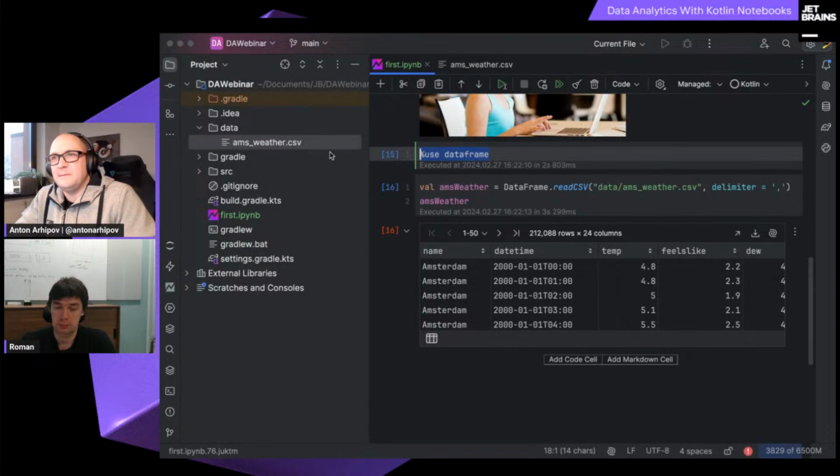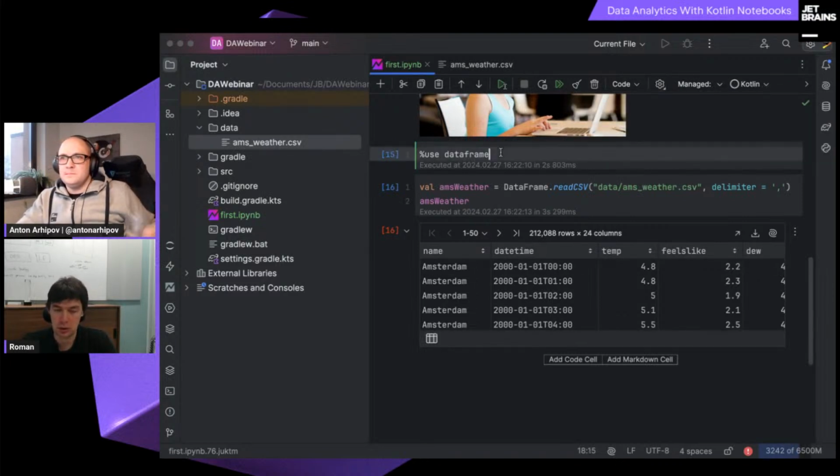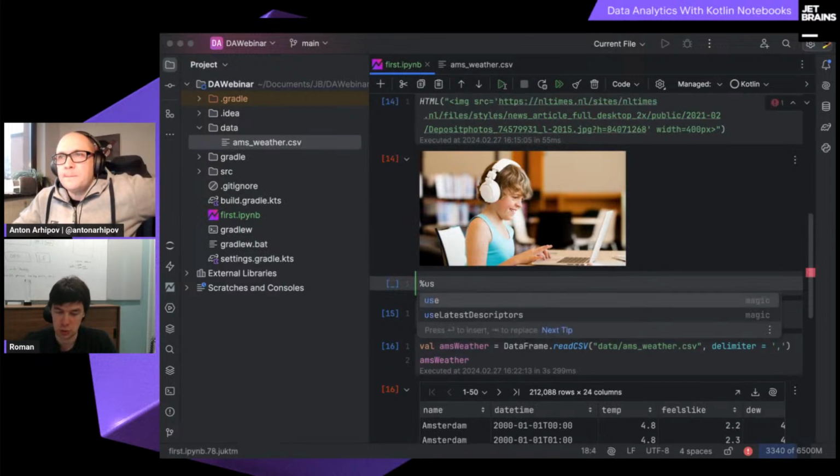Use Dataframe. I have to stop a little bit on this. A notebook has some dependencies, as we already said, from the project you are working on, but you can also define any dependencies inside. There are multiple ways to do it, and the simplest one is to just use